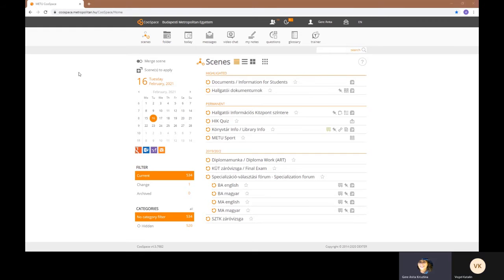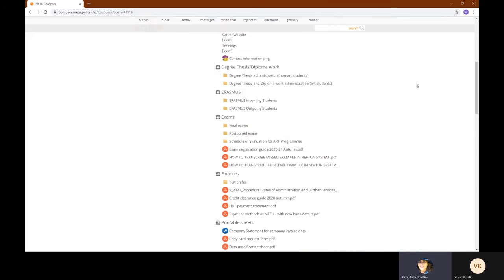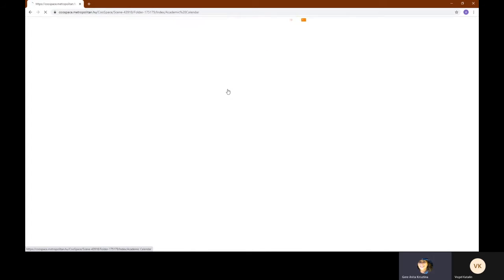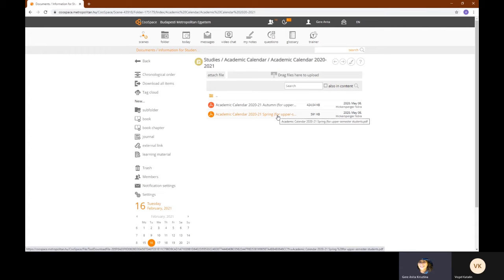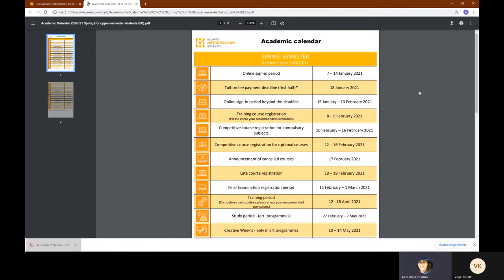Yes, of course, you can always find the relevant academic calendar on Coospace. If you log into your Coospace platform, the document information for students seen is for the international students. So please click on it. And here you will find several folders with various information. And you need the academic calendar here. 2020-21, and this is the spring semester. So if you please click on it, then you can find all the important deadlines and periods that are relevant